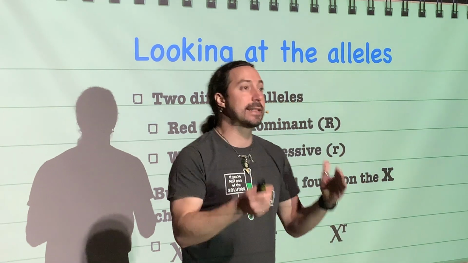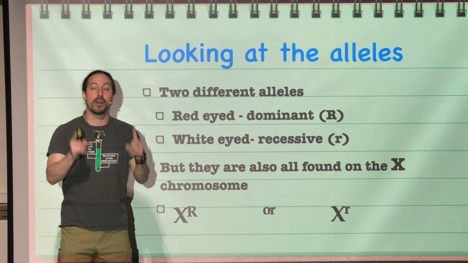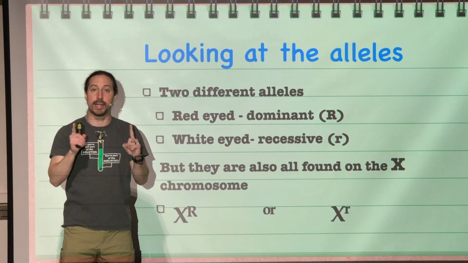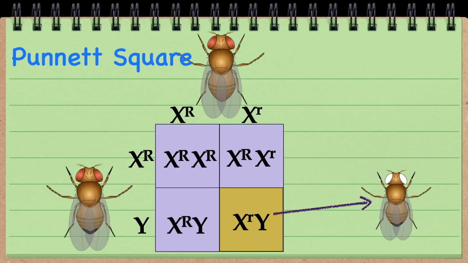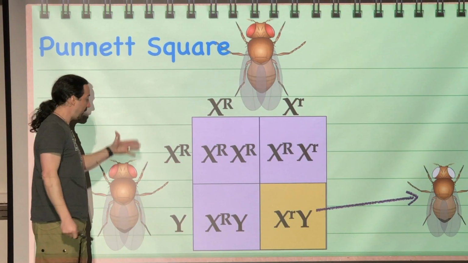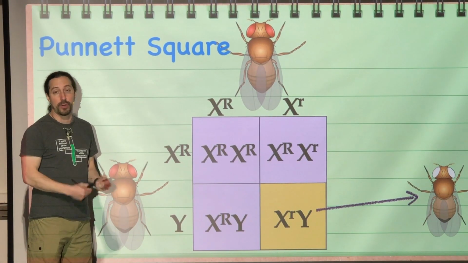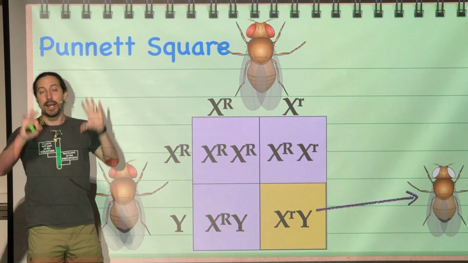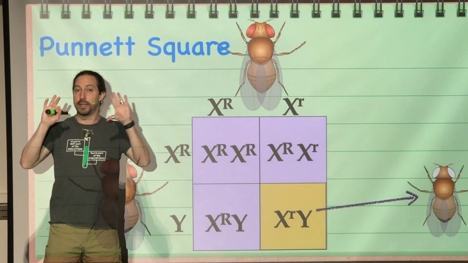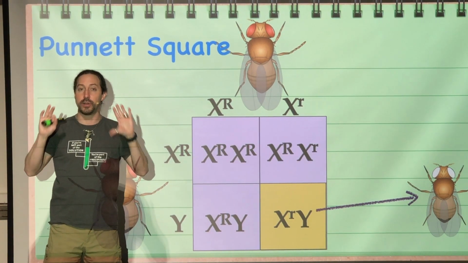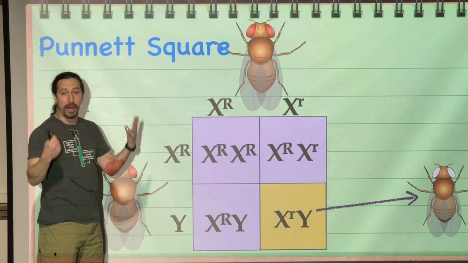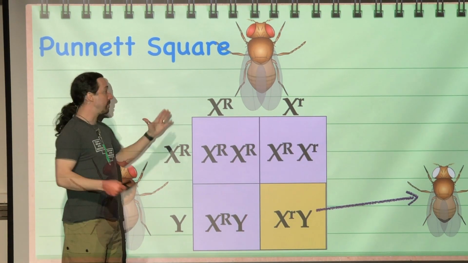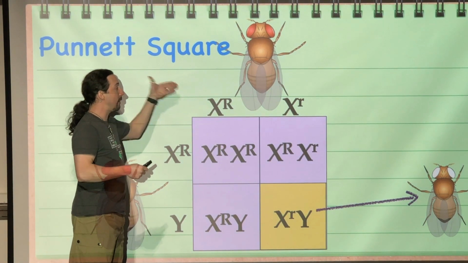So that means that the female parent must have been heterozygous. You see, the male parent can't be heterozygous because the male parent has only one X chromosome. And the X and the Y, they don't have the same genes. There are different genes on those two different chromosomes. So the only way you could have a heterozygous parent with the sex chromosomes is if it's with the female